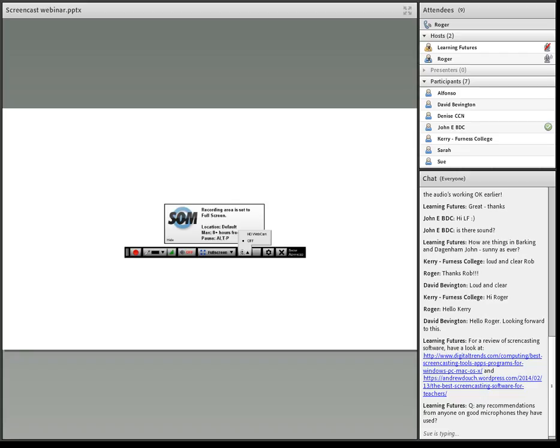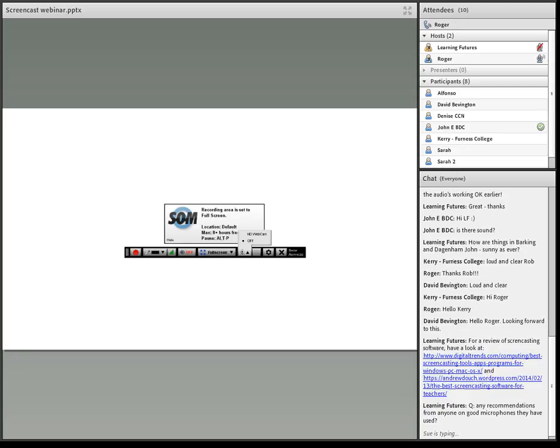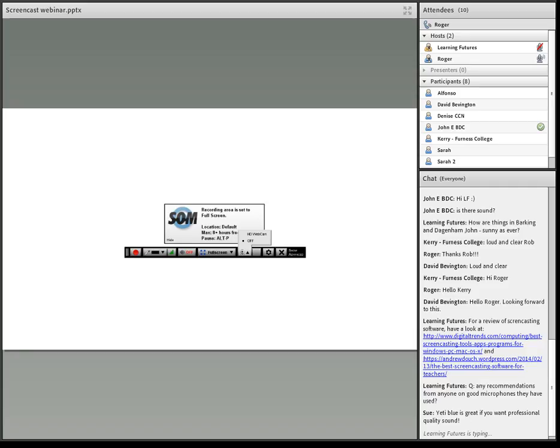Other things to tell you about, working from left to right, you've got your standard features, obviously the red circle, which is your record button. Then you've got where you can set your microphones, so whether that's an internal or external microphone. You can have where you've got the speakers and you've got off. That would be if you have any external sound. Okay, so it may well be that you want to play music through, something like that. It's quite hard to sync it, I'll be honest with you, but it's something that we've played around with. And again, you've got some of the other settings, the cross being the one to cancel.